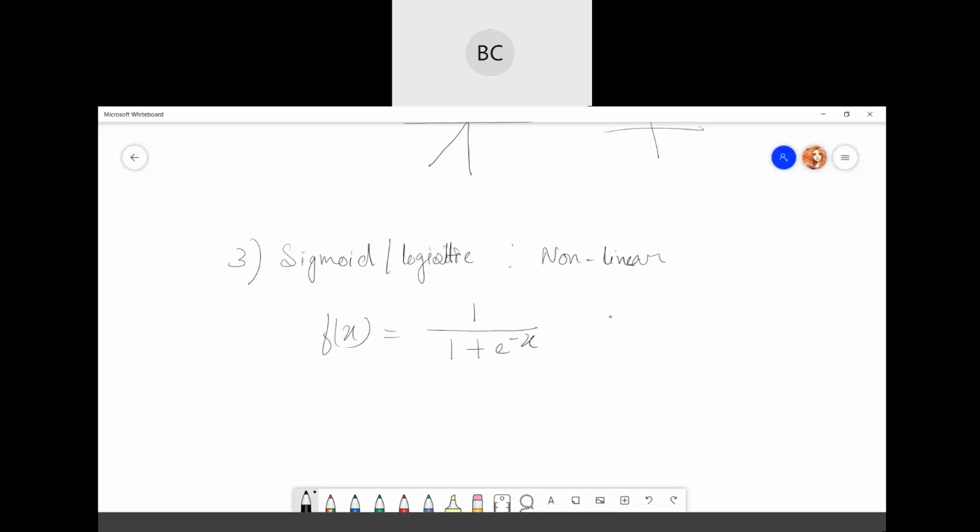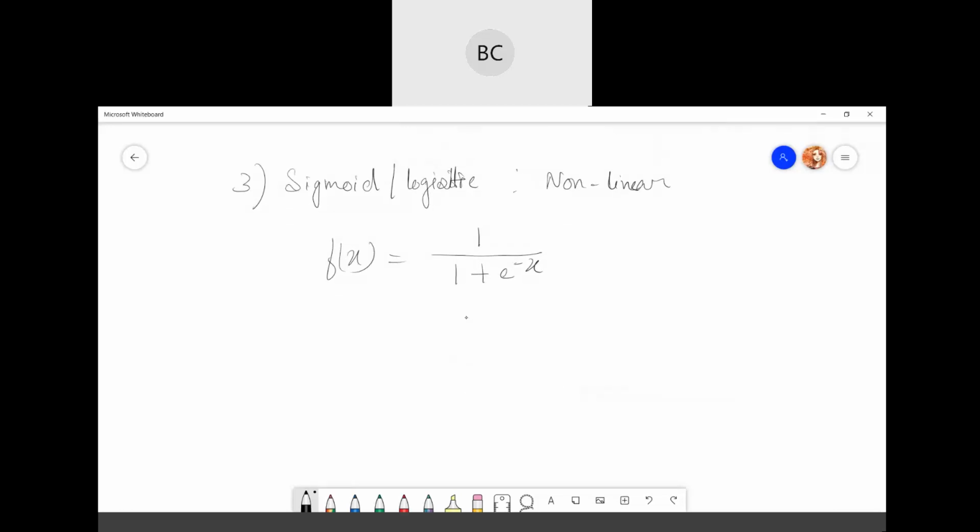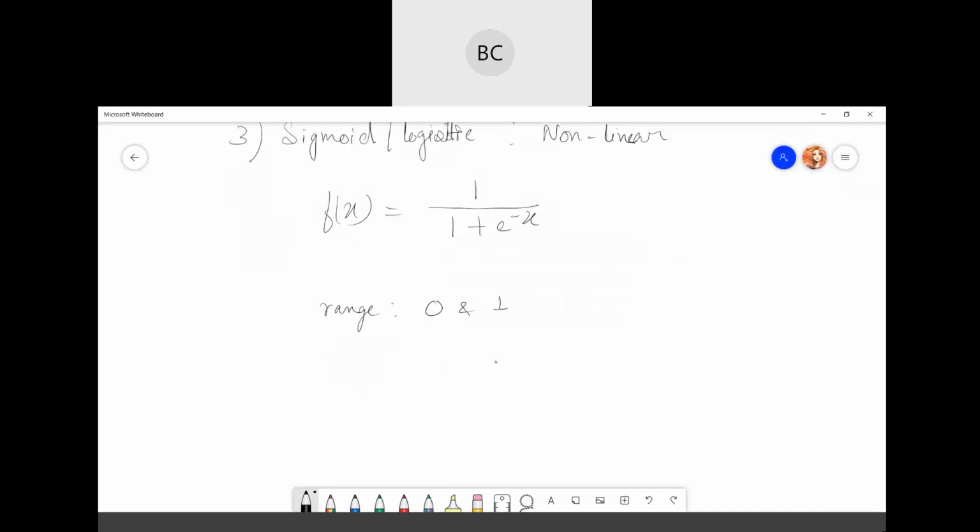What it does is transform your value into the range 0 to 1. So whatever input value you put in, it will give you the output in the range of 0 to 1. Its graph looks something like an S, just a sigmoid function.